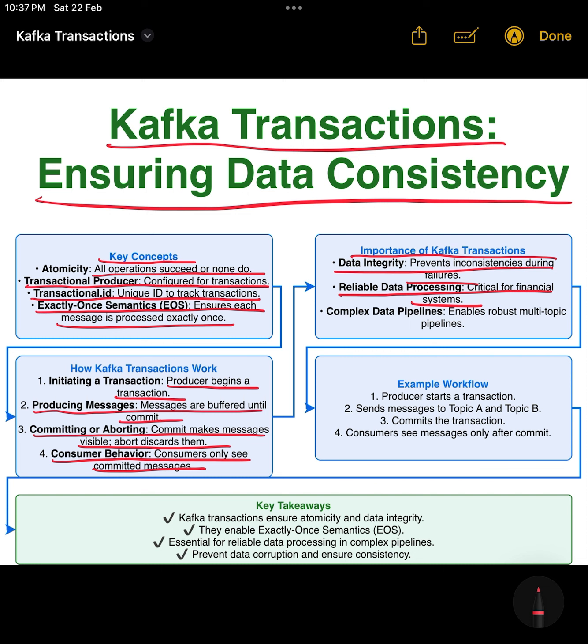Complex data pipelines. They enable the creation of robust and reliable data pipelines that involve multiple Kafka topics